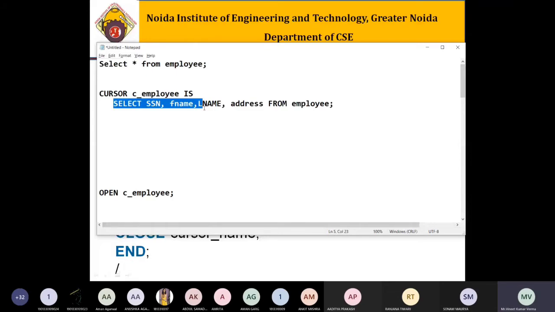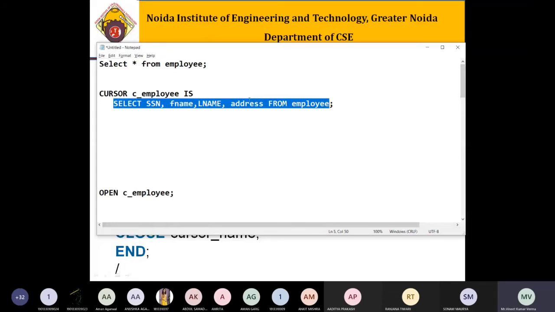We have to extract the social security number, first name, last name, and address. So these 4 attribute values are extracted from the employee, and for storing all these values in the context area, we have created a cursor, that is employee cursor, right? This is an explicit cursor because it is created by the user, right?